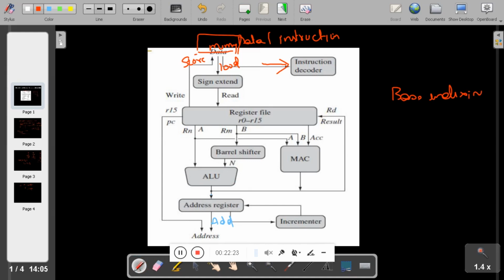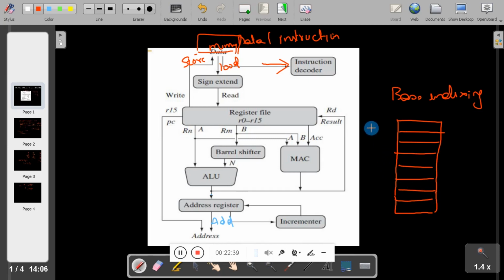Suppose you have an array of many numbers. The starting address of the array is, let us take, 2000, and you want to access the array consecutively, the next 10 numbers from 2000.